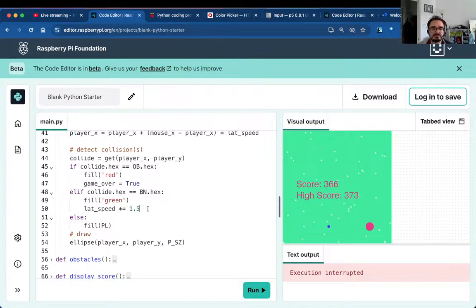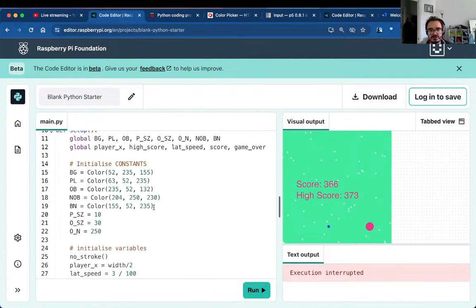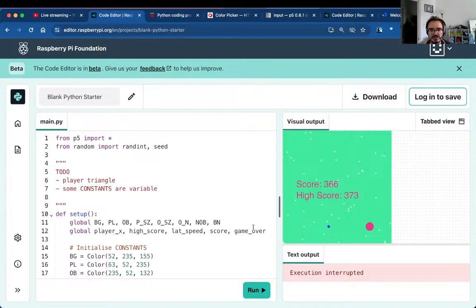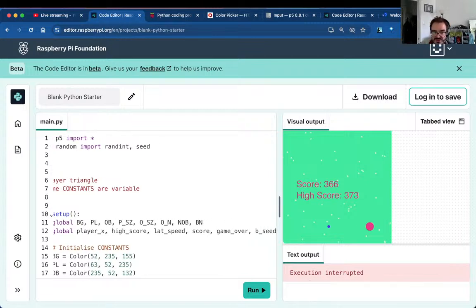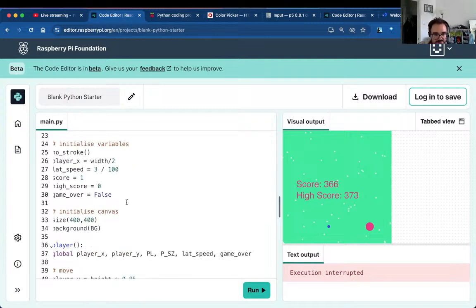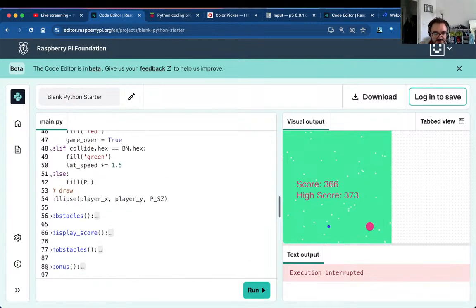Fine. So I'm going to make a variable for the bonus seed and call it B seed, which is going to be whatever the first one was in that instance. So in bonus,